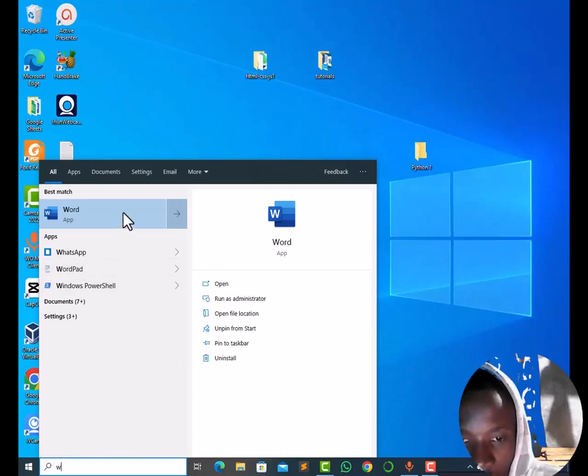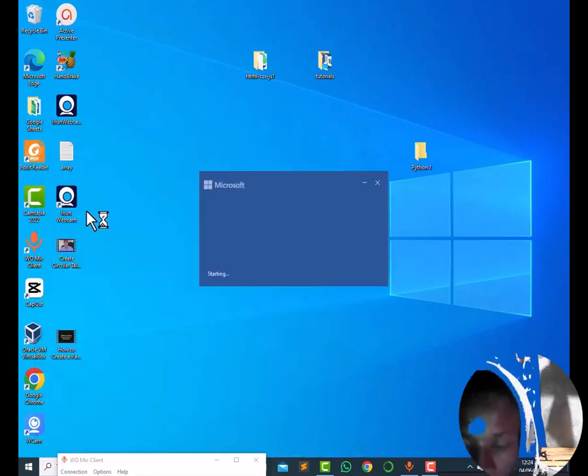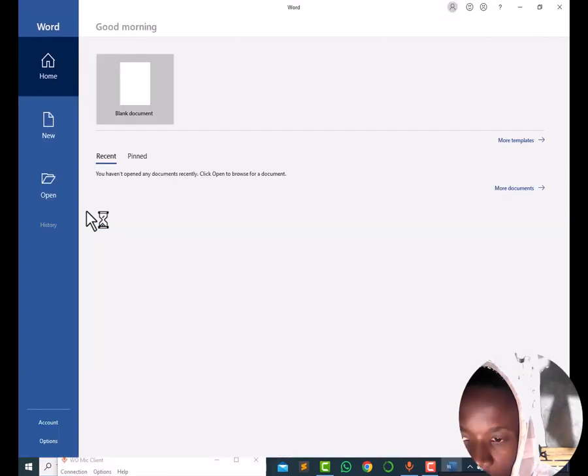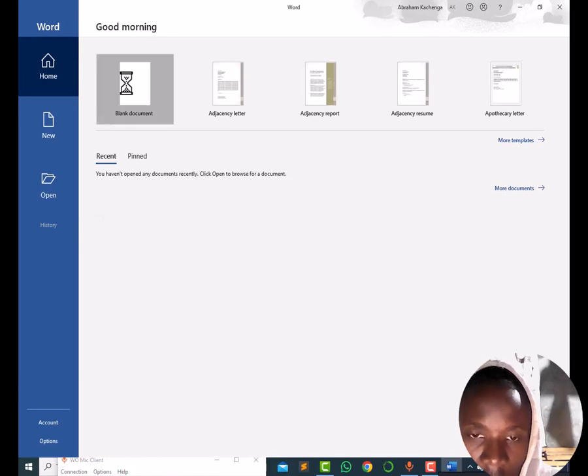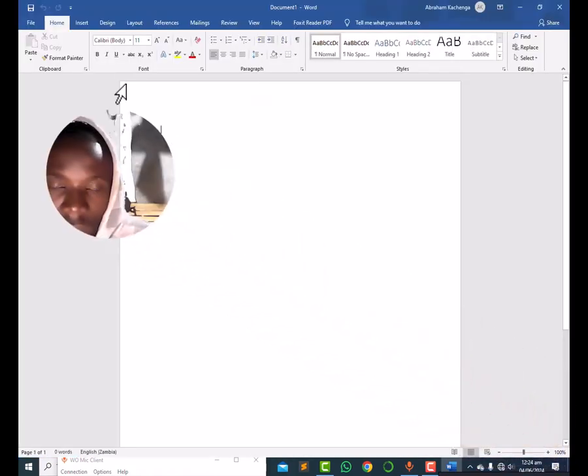Today I'm going to show you how to insert charts in Microsoft Word. So the first thing that I'm going to do is launch Microsoft Word. Launch Microsoft Word, then wait for it to launch, then choose blank document, then you're going to head on